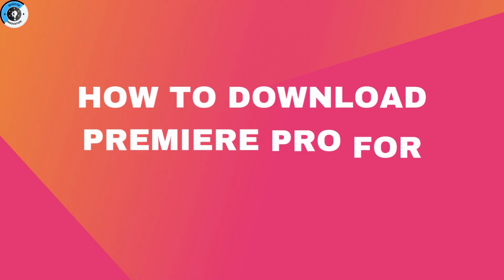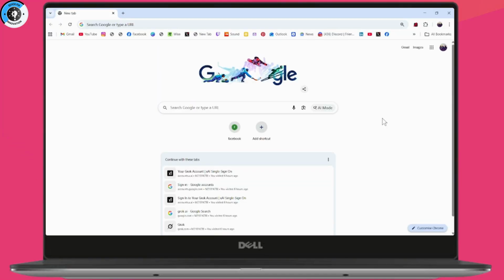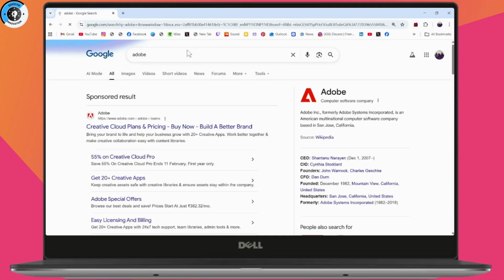How to download Adobe Premiere Pro for free. So if you want to download Premiere Pro for free, then what you need to do is go with Adobe's official page. So go with your browser and then search for Adobe. Once you've searched, you need to go with www.adobe.com,